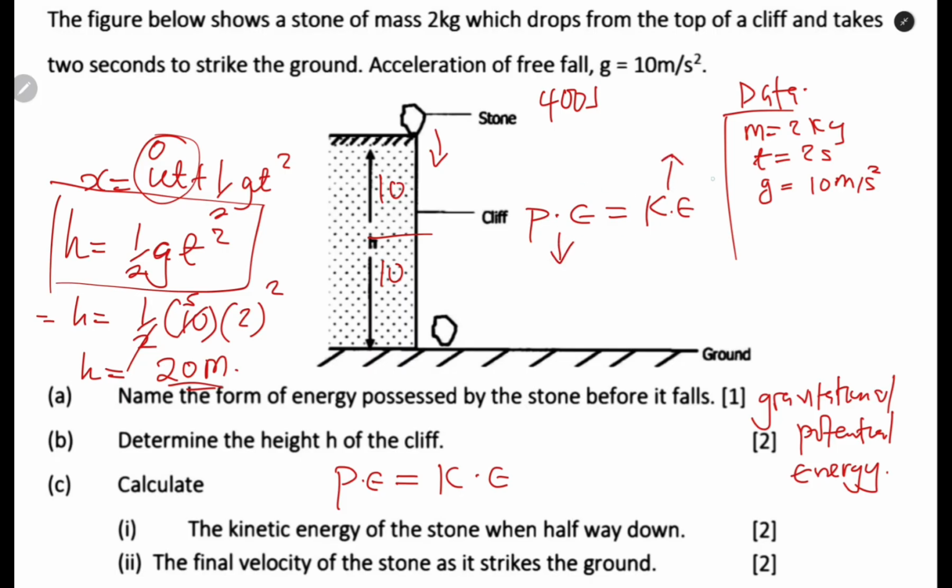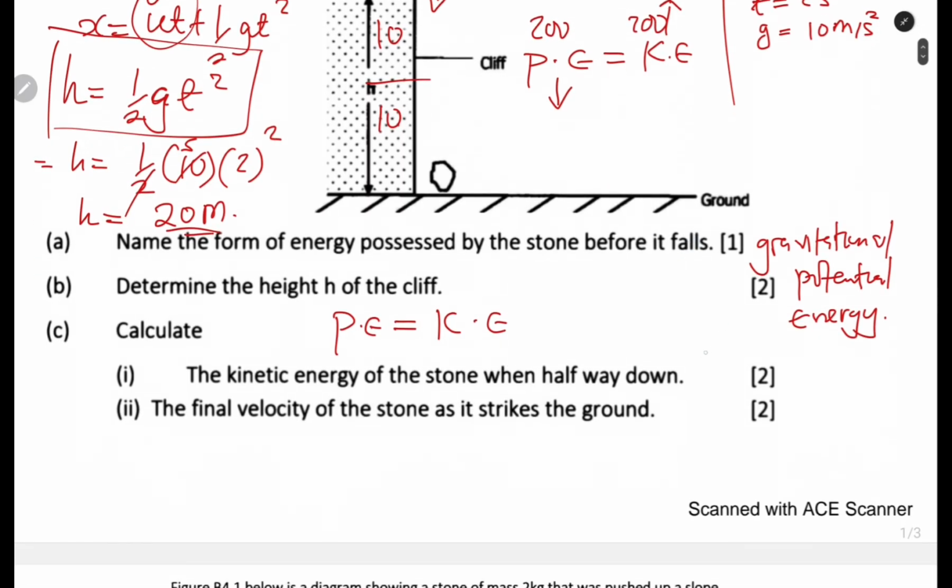But kinetic energy is increasing. So halfway of its falling, potential energy is equal to kinetic energy. Okay, that is something that you should know. Now, since we have on top there a total energy of 400, we are just going to divide it by 2, which means we have 200, 200. To find kinetic energy, we are just going to say 200